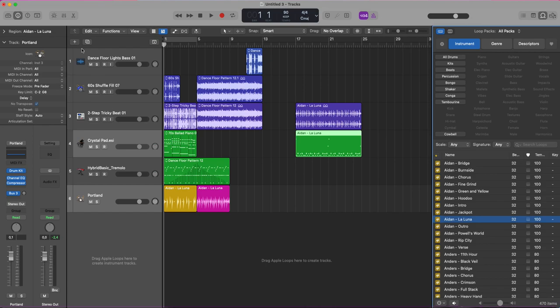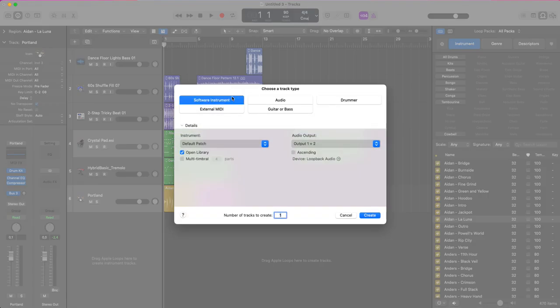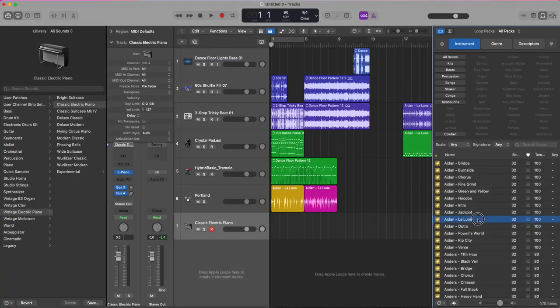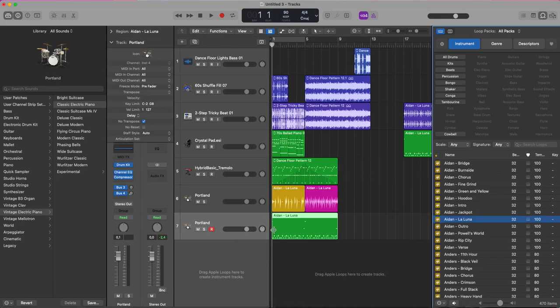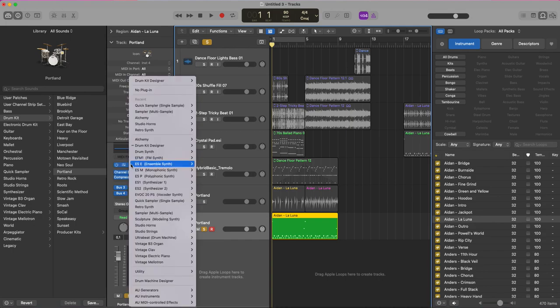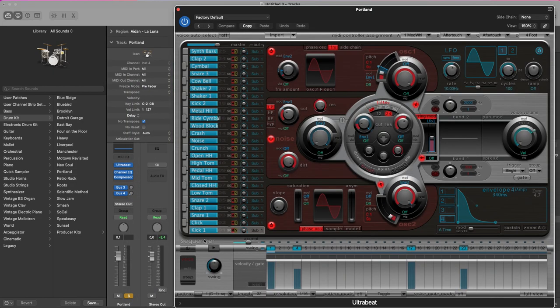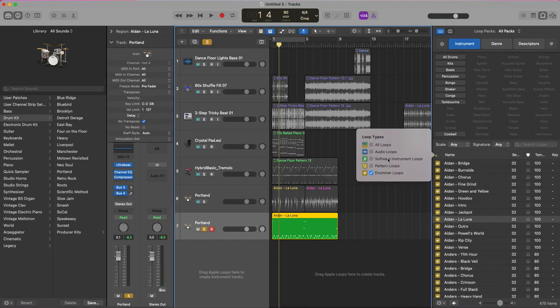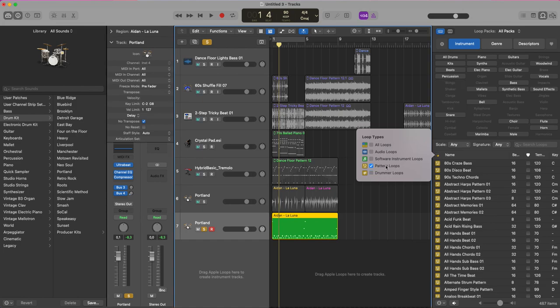So if, for example, I create a software instrument track and I drag my Drummer loop in here, then from here I can use my Drummer, but I can also use any software instrument generating drum sounds as I want.